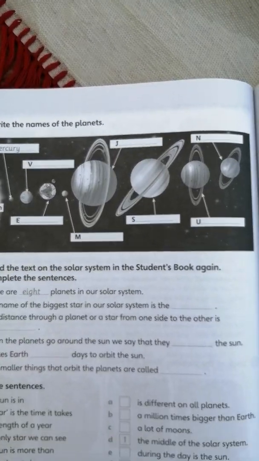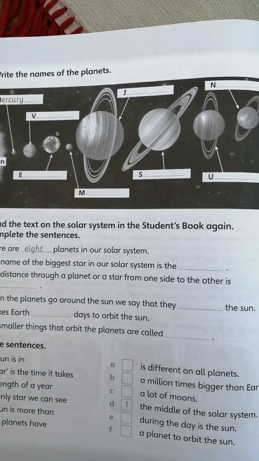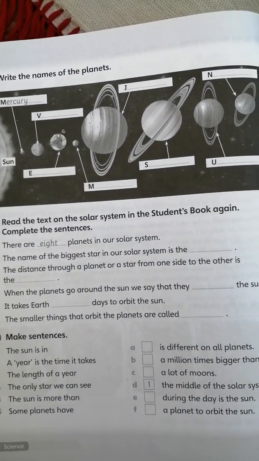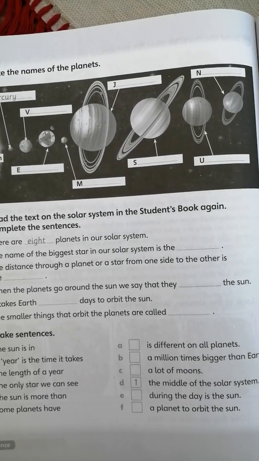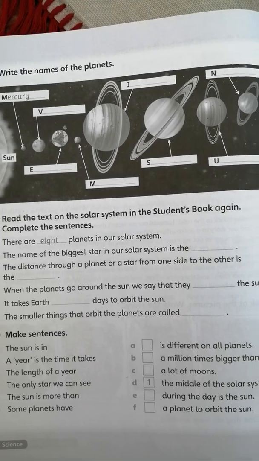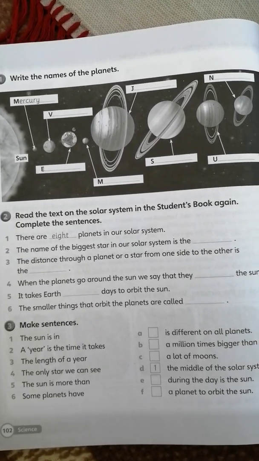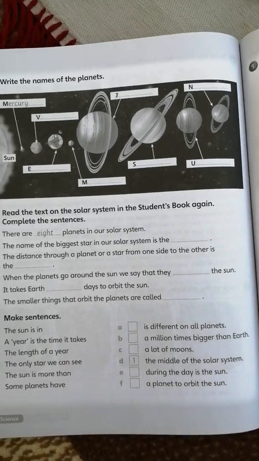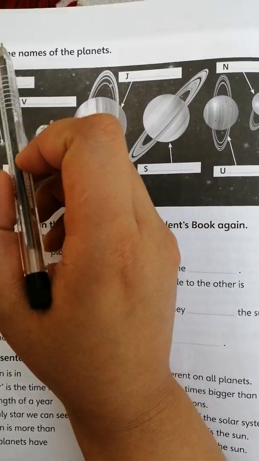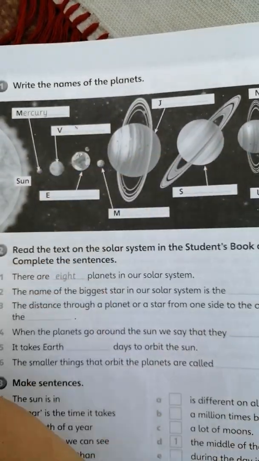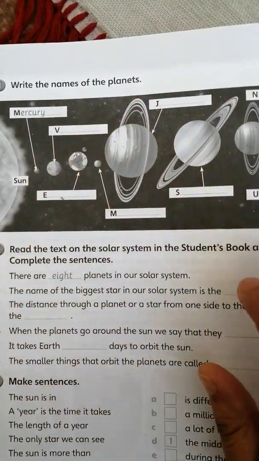After we read and understand the text, we should apply what we have understood in our workbook on page 102. Are you ready? Let's go. Here, task number 1, write the names of the planets. As we studied